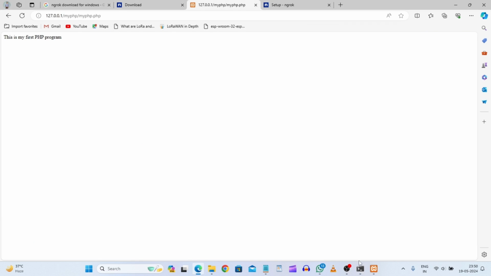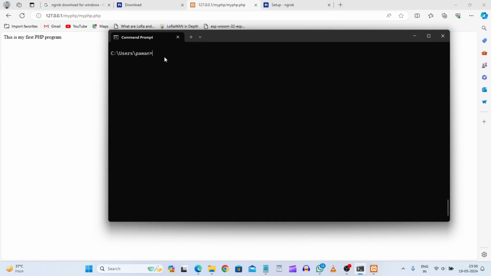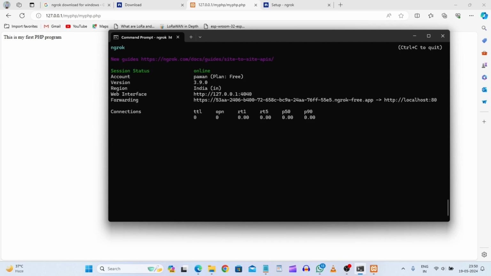We'll go to our command prompt, and here we will type ngrok http 80, and I will hit enter. So this is our publicly accessible address or URL now, and we'll take this and paste it somewhere